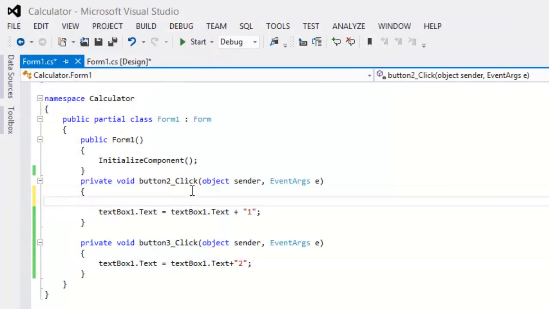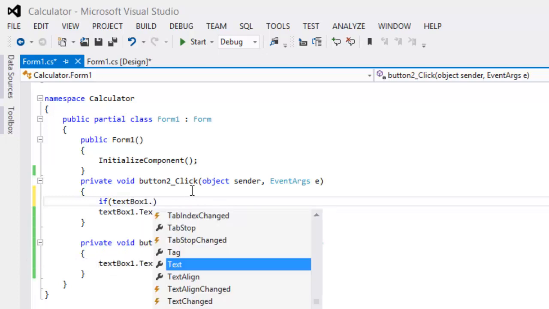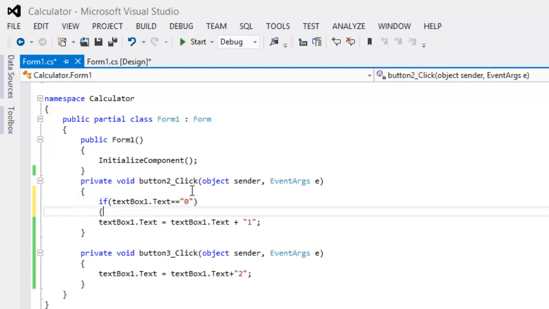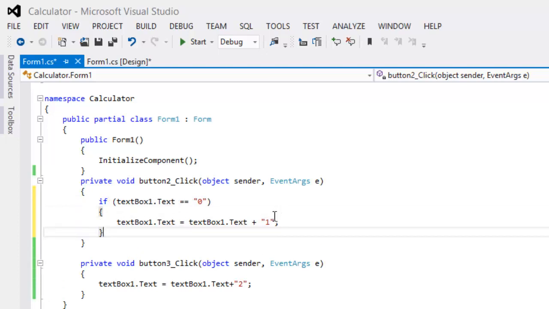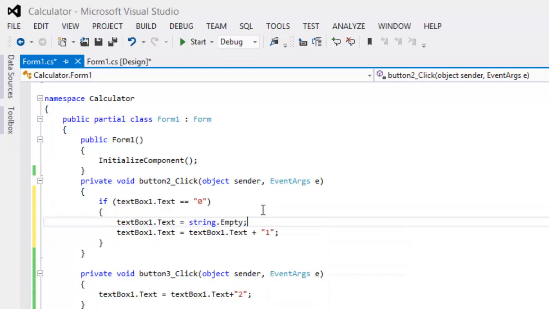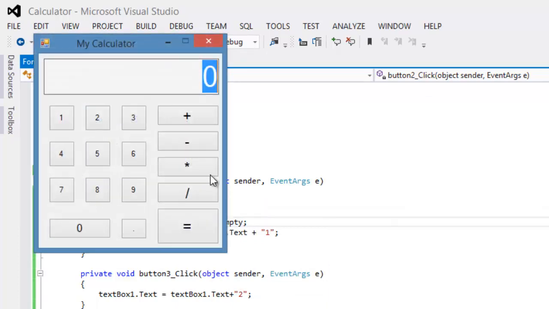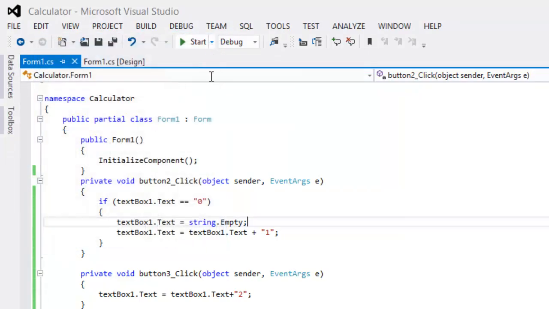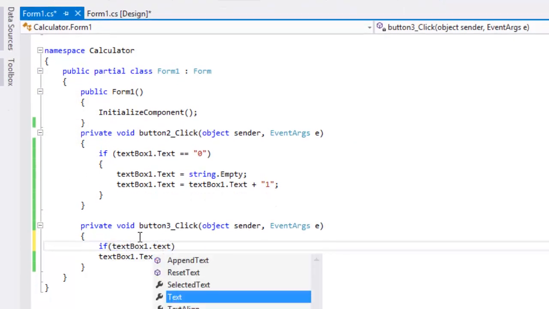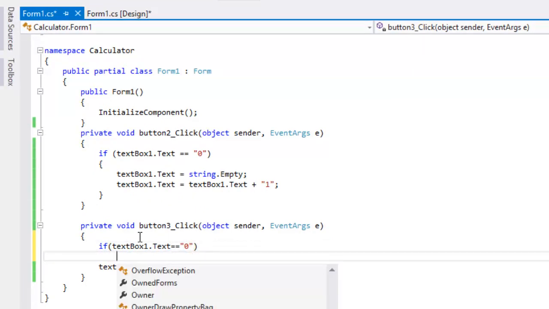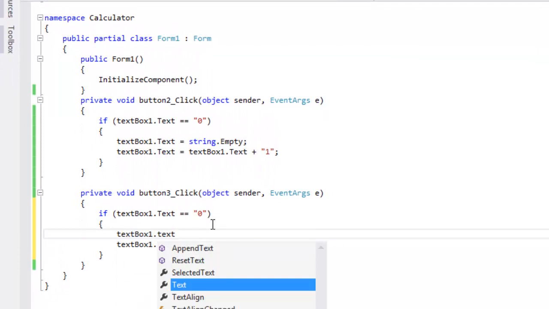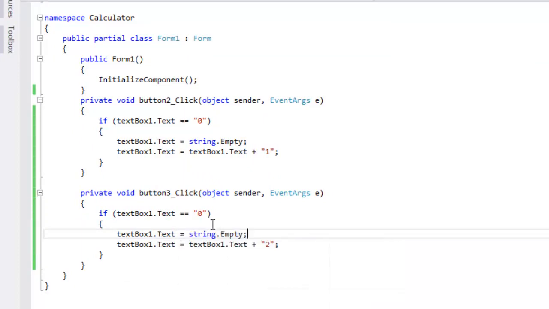So yeah, go down and let if text box, this is only if it's not equal to 0. Text box dot text is set to 0, then text box 1 dot text is empty. Okay, so that's when we're gonna replace it. So just add that small condition right there. Text box 1 dot text is actually set to 0, then do all this crazy stuff. And text box 1 dot text and it was string dot empty, and let's run one more time and let's